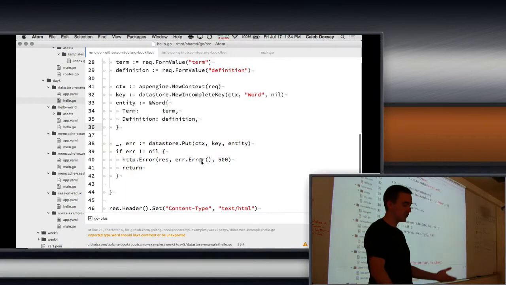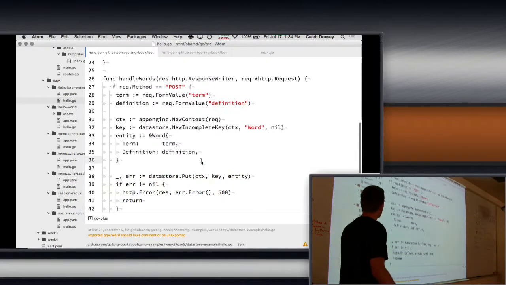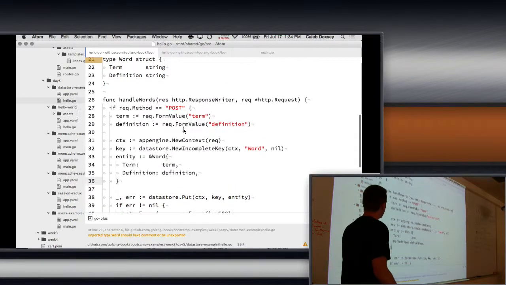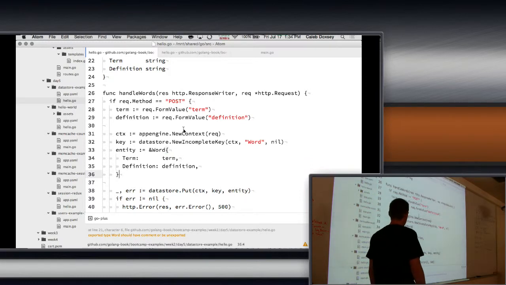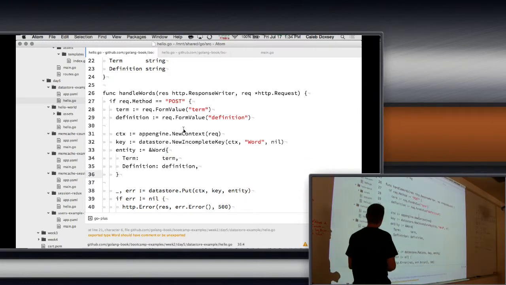Okay, so we successfully put in a word into our data store. Everybody following the putting? Yeah. What's the difference between key and ID? That's a good question. So